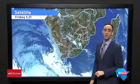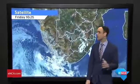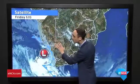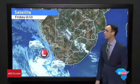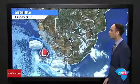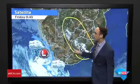The cold front and associated low pressure system are just about on top of the west coast of the country at the moment, pushing in showers across the area. Heavier showers have been moving in over parts of the Western Cape. It's been a wet start to the day all across that region, while it's been a partly cloudy start to